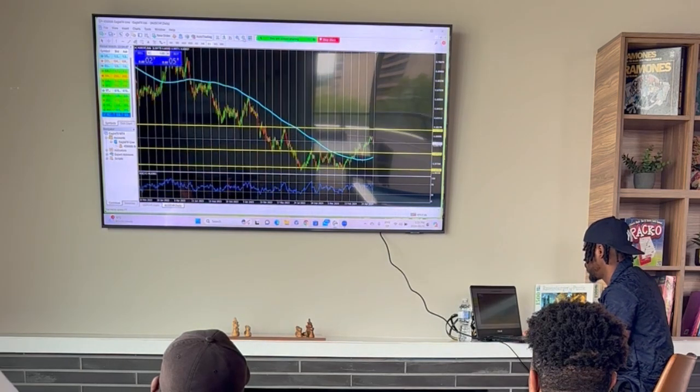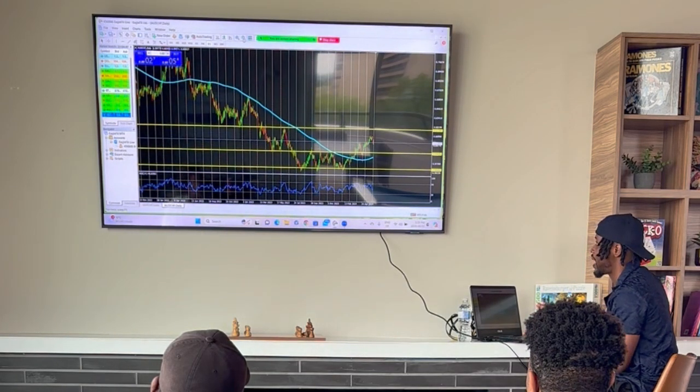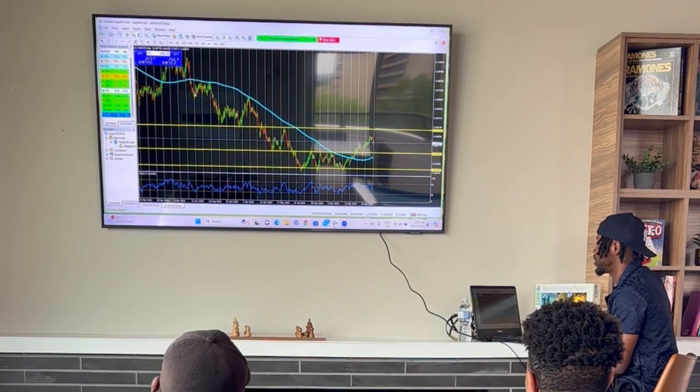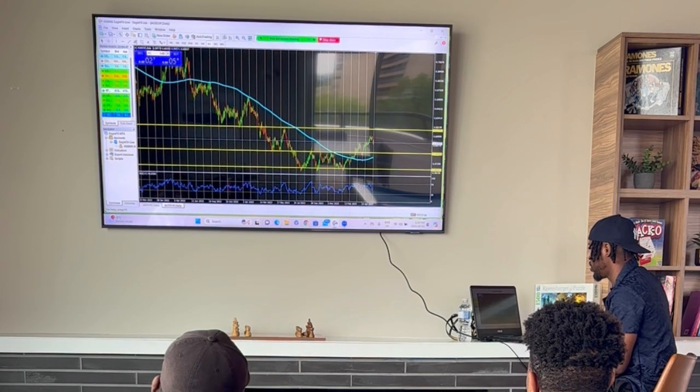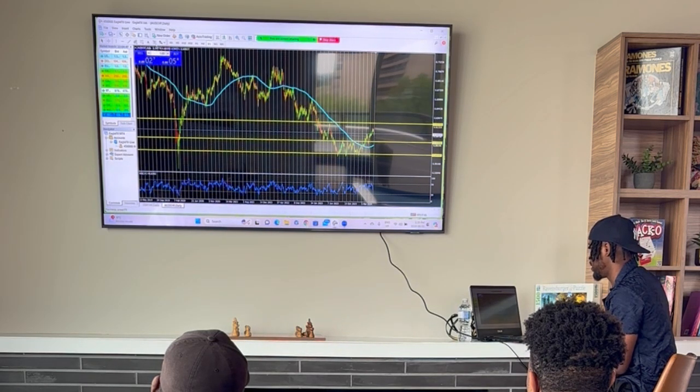And also, if you look on the left side, because I love looking on the left side to see what happened before, right? Look at that, guys. The market was trending down, giving you a lower high, lower low, lower high, and so on and so on. So the market was trending down previously on the daily time frame, right? So you can also analyze the left side as well.